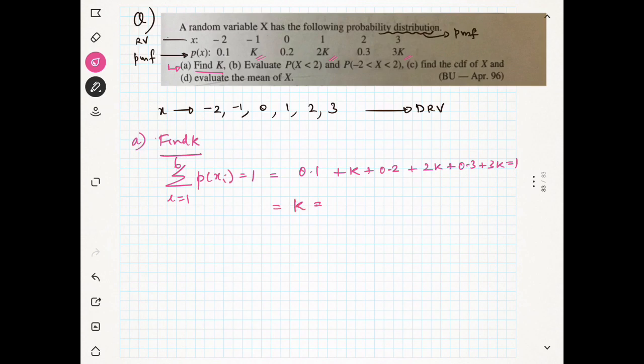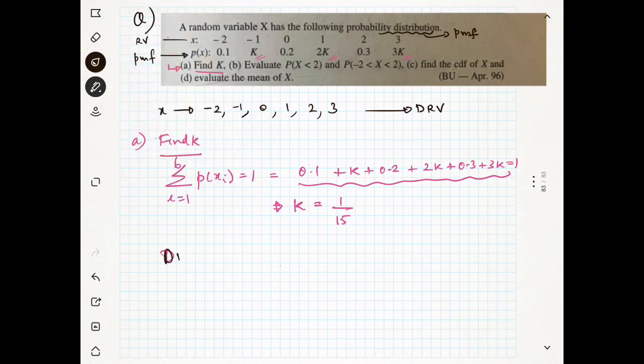So the value of k, if you solve this equation, you will get this value as 1 over 15. You can solve the above equation: 0.1 plus k plus 0.2 plus 2k plus 0.3 plus 3k is equal to 1. So you solve this equation and find the value of k. Now if you get the k, you can find the distribution of